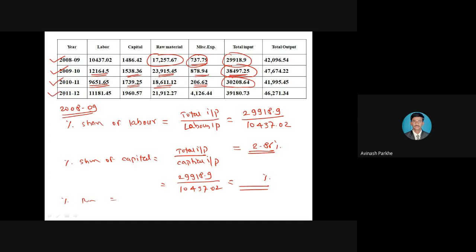Similarly, for 2011 to 12, the total input is given as 39,180.37. Again, total input divided by labor, then capital, then raw material, and then the miscellaneous. So like that, we have to follow the same procedure in order to calculate the percentage share of each and every input. So once again,